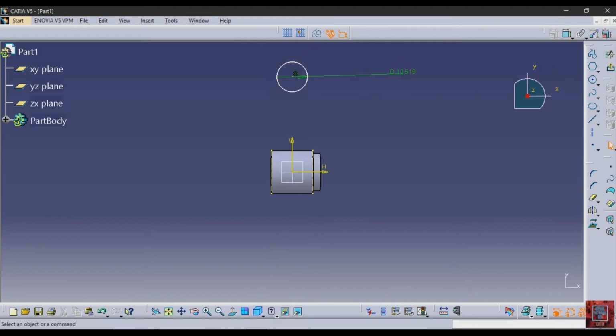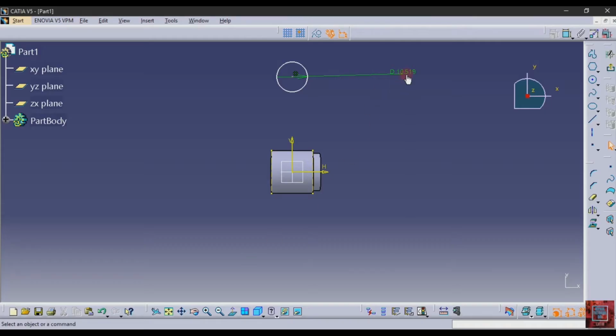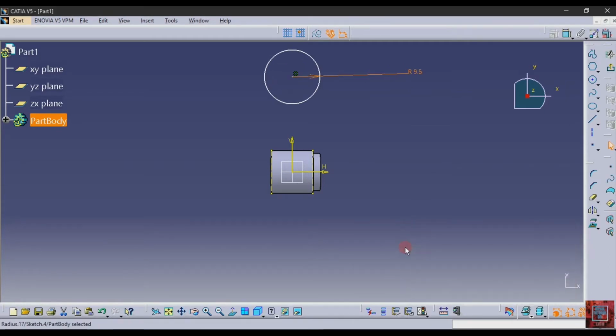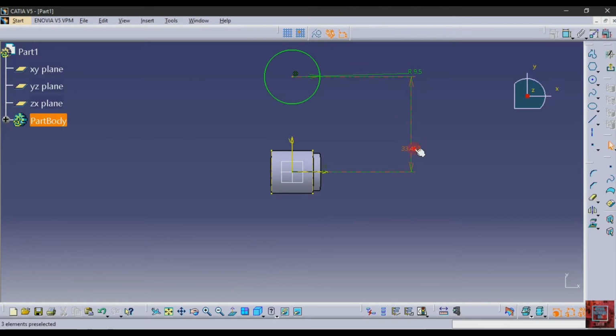The radius is 9.5. Select radius and type here 9.5, and then the distance from this center to this axis is 23.